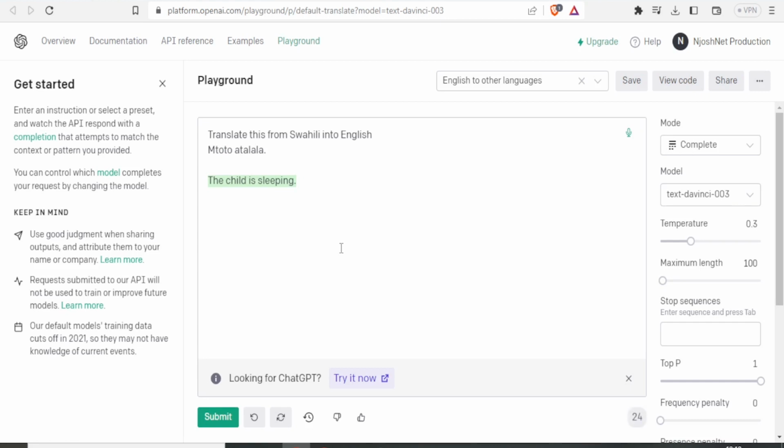It indicates that the child is sleeping, which is not accurate. Mtoto atalala simply means the baby will sleep, future tense. In this case, it is indicating the child is sleeping, which is present continuous tense. So for ChatGPT, the translation here is not accurate. Let's go to